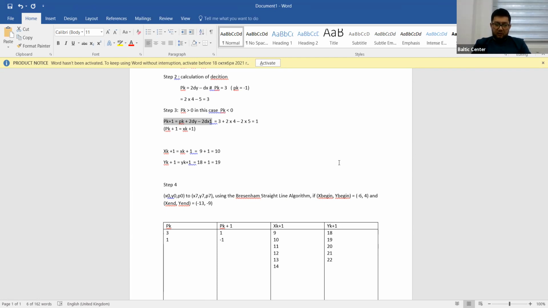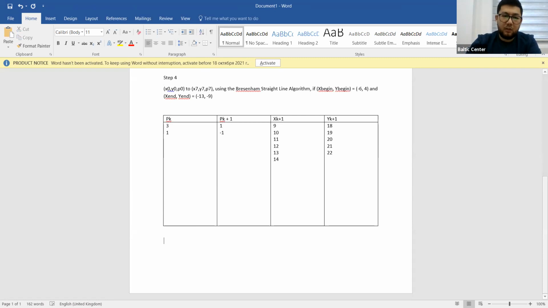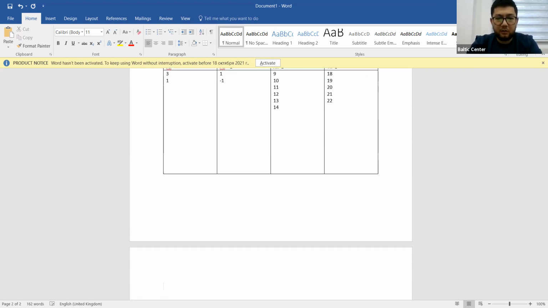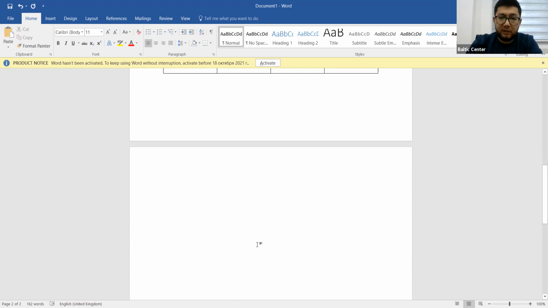So if our pk is lower than 0, which is minus 1, or I don't know, minus 6, minus 10, whatever it is, so how are we going to calculate for the minus 1? Our formula, how is it going to work? Let me just show you here. If our pk is lower than 0, that's minus 1, that equals pk plus 2 delta y,